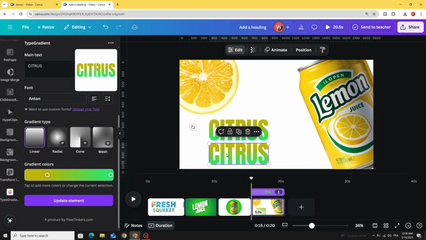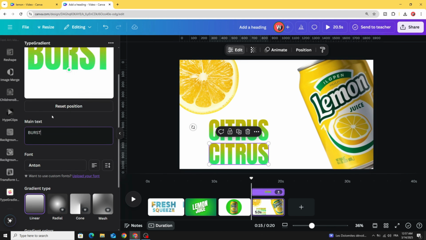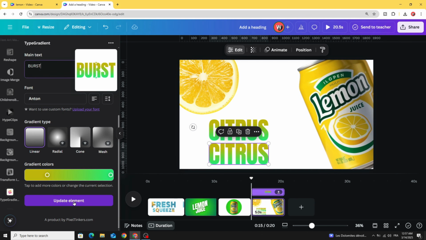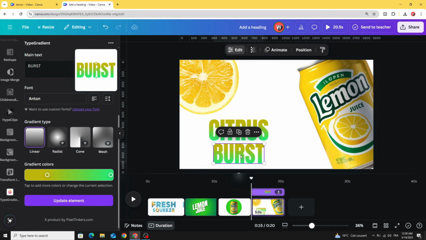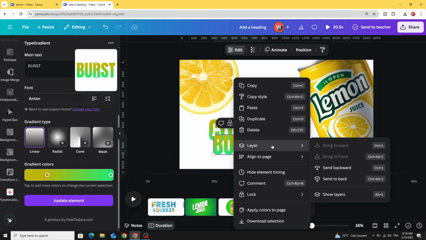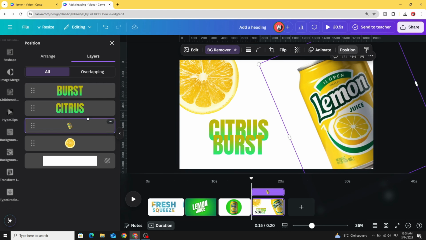Duplicate and click edit and type the second word and click update element, and let's make one above the other and go to layers, show layers, and make the products in the top of the layers,